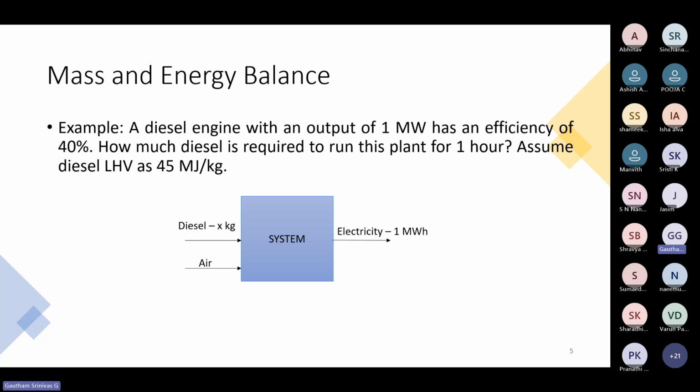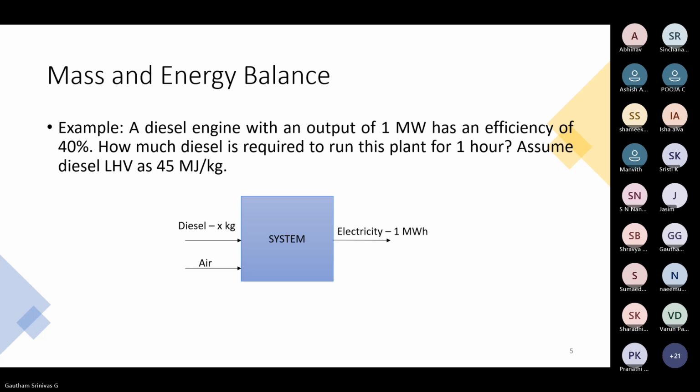Sir, 1 megawatt for 1 hour will give you 1 megawatt hour. So this is the energy output in the form of electricity. Yeah, now continue. Based on the efficiency given, we won't exactly get 1 megawatt hour. No, I'm saying to produce 1 megawatt hour, what is the diesel consumed? If we give the system one kg of diesel, for example, the energy produced